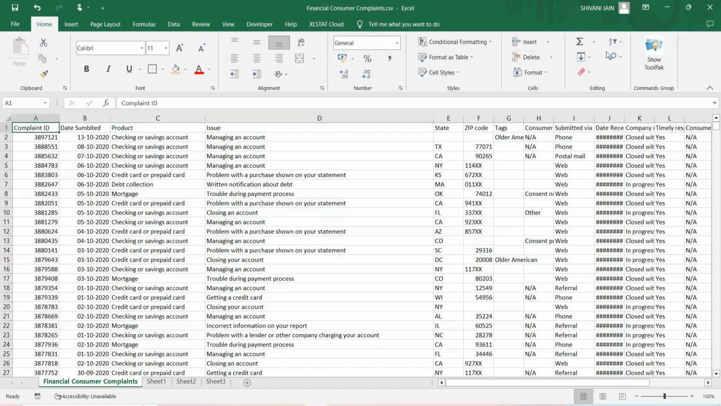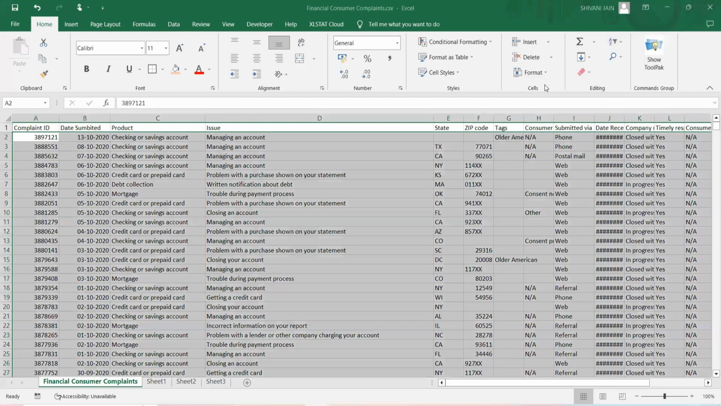But if you want to go with this, here we have the option of custom sort also, custom sort. So when you click on this,